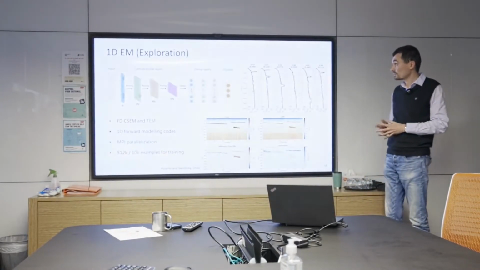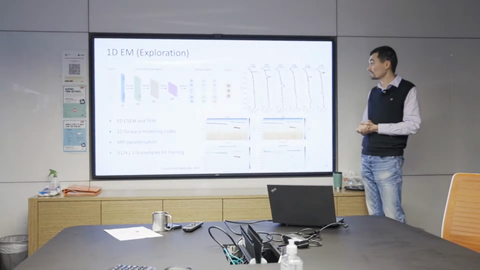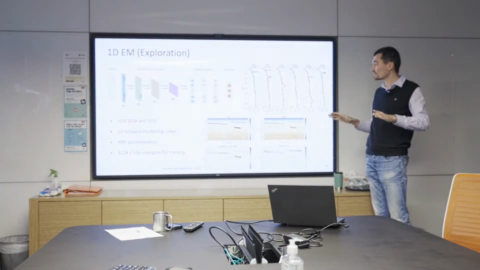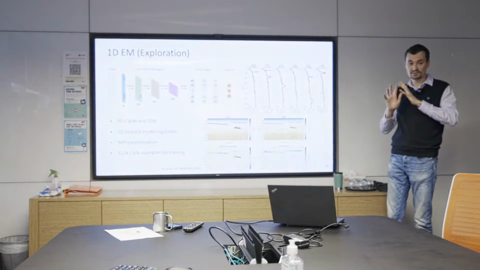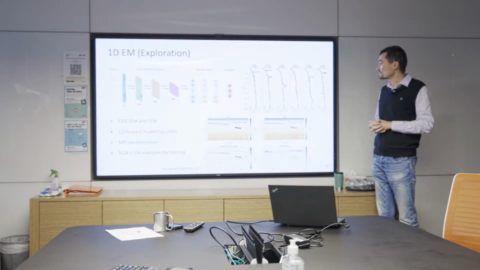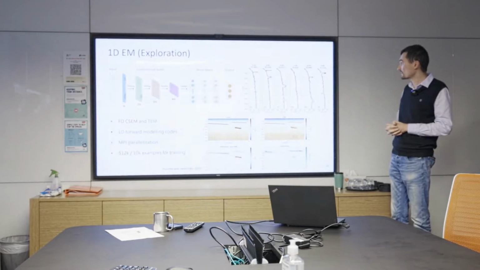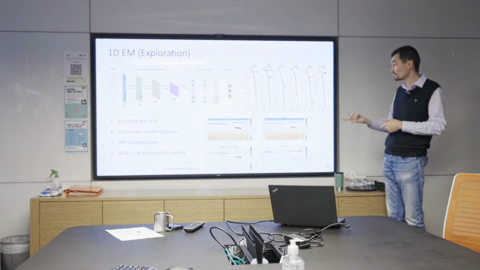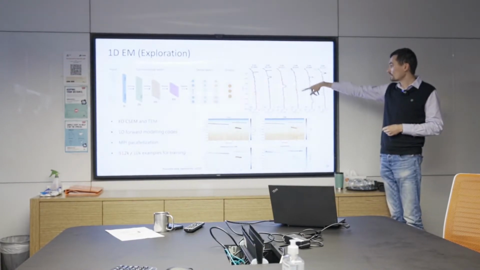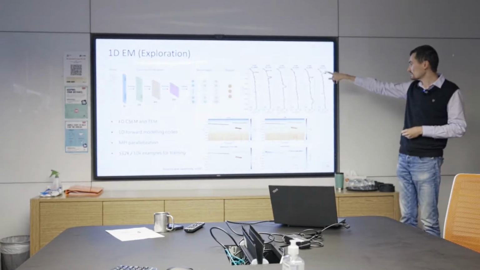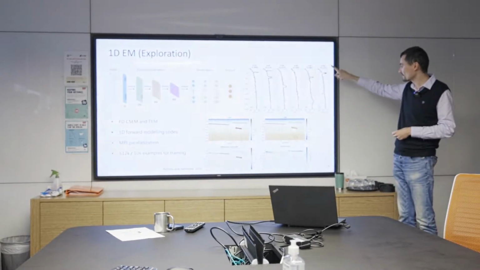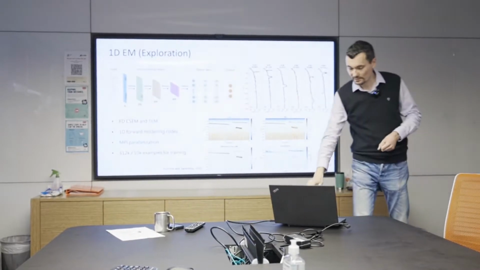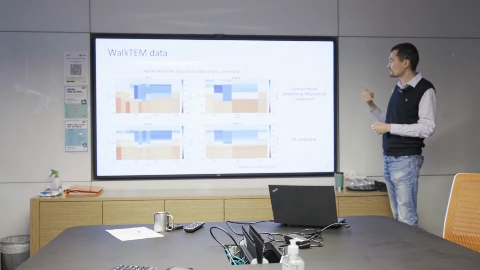Another example of an electromagnetic inverse problem is now 1D in an exploration setup. Previously we had a monitoring setup, where we assumed a known background without strong resistive or conductive targets, and one resistive target. In this case, we have a 1D exploration scenario where we are looking for resistive targets, which may be hydrocarbons, or for conductive targets in a different method. So we are determining from 100 to 200 independent parameters. And again, as you can see, the different profiles match the original model. This was synthetic data for a 1D frequency domain code. And on the next slide, this is real